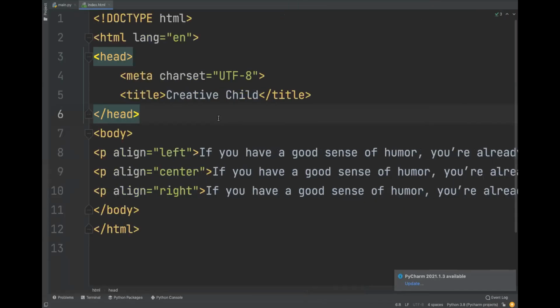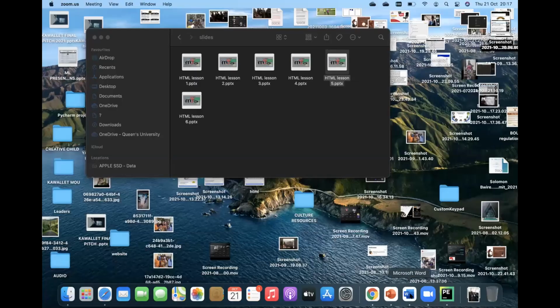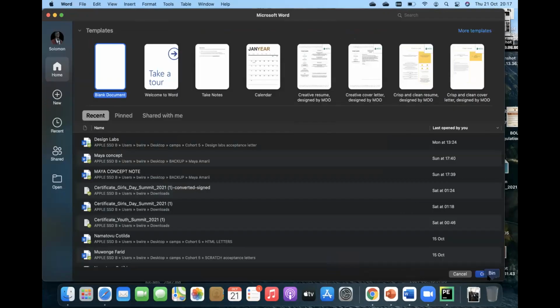So when I get back here, this is what I've done. My first text was aligned to the left. This one is aligned in the center, and this one is aligned to the right. Let me show you what happens in Word. So when you open a Word document